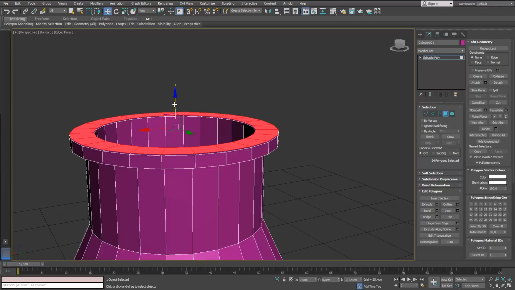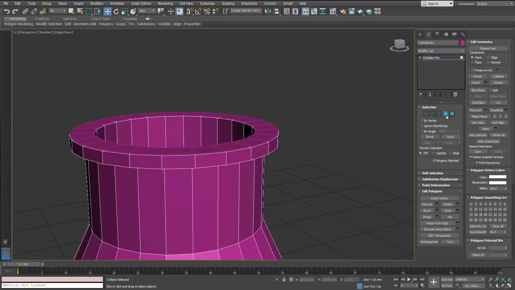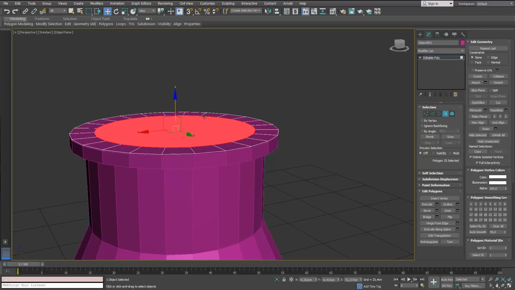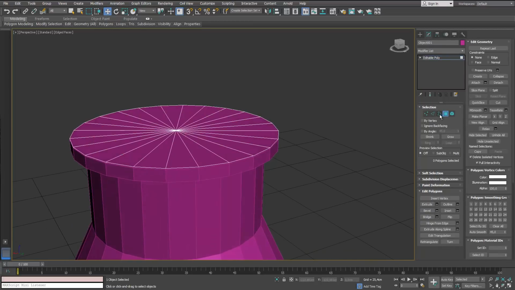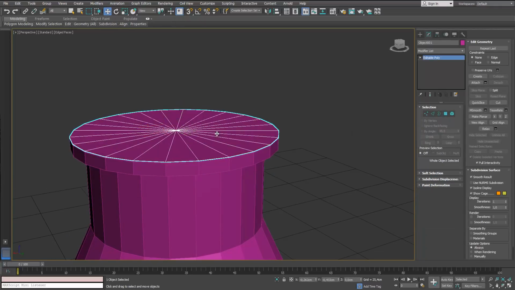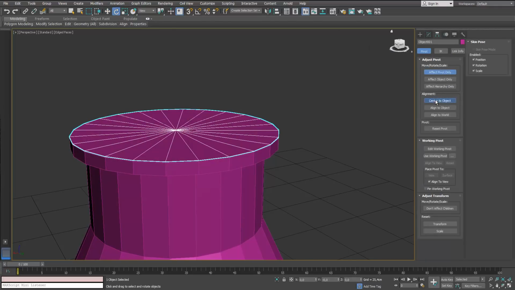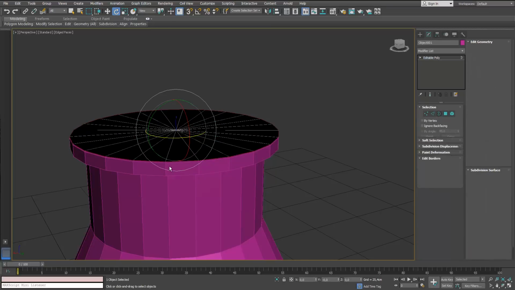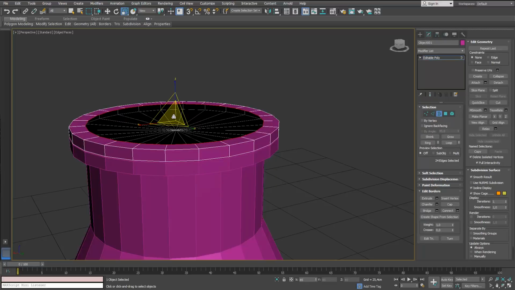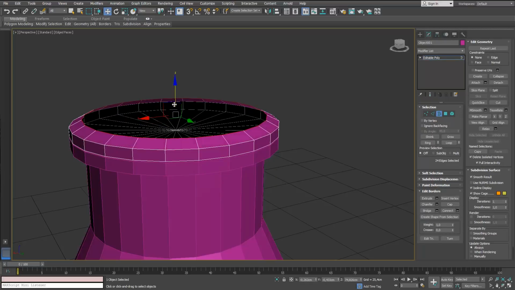So these polygons that you can see here, I just want to select them and detach them, because these are going to represent the cap right now. As you can see, I just collapsed these polygons together, and right now we're gonna try to apply the edge extrusion on it. To do this, we need to bring the pivot to the center, and we will flip the surface upside down,